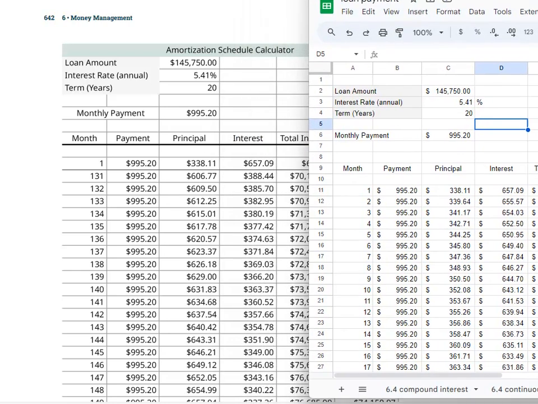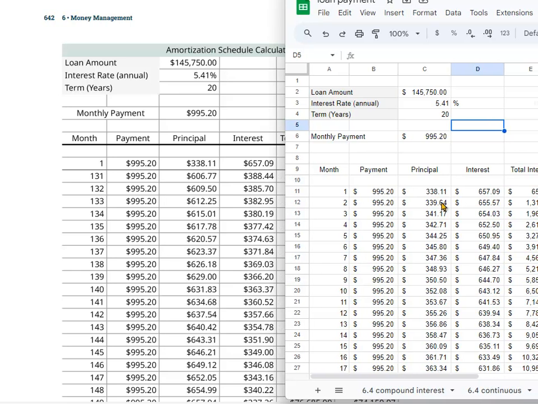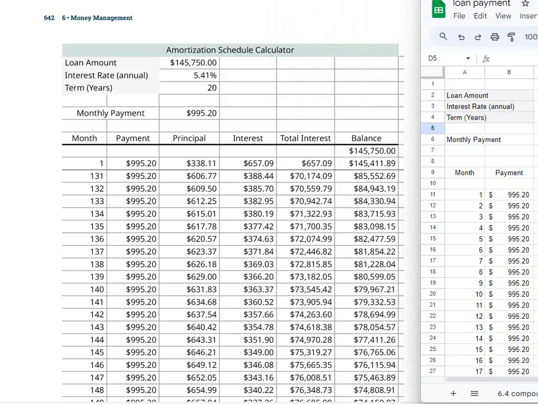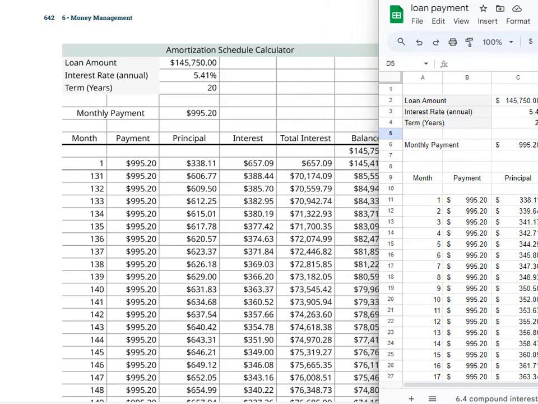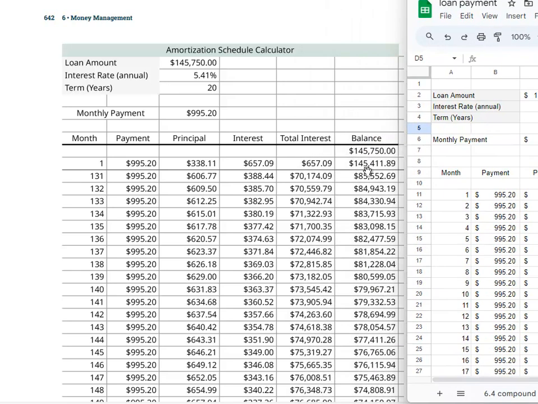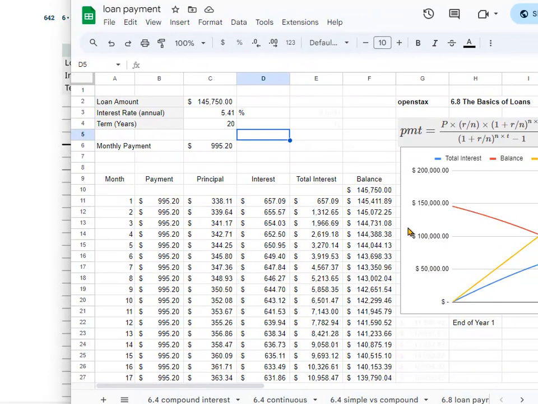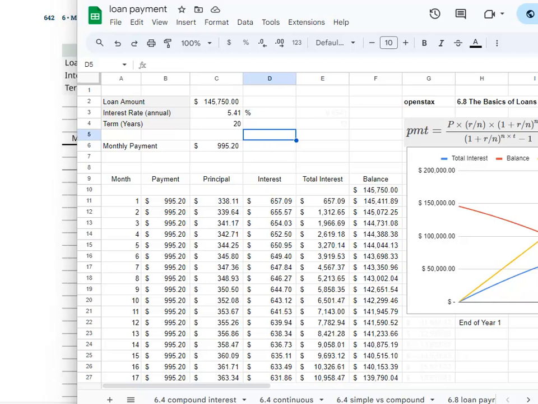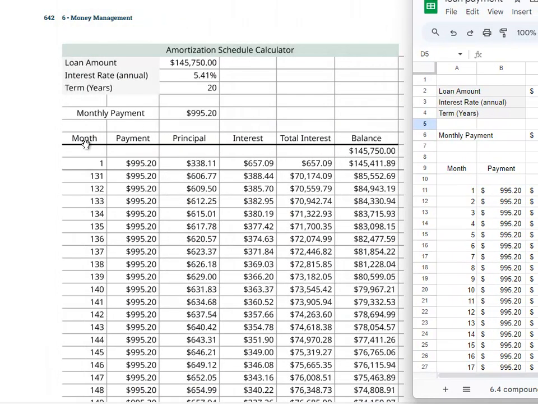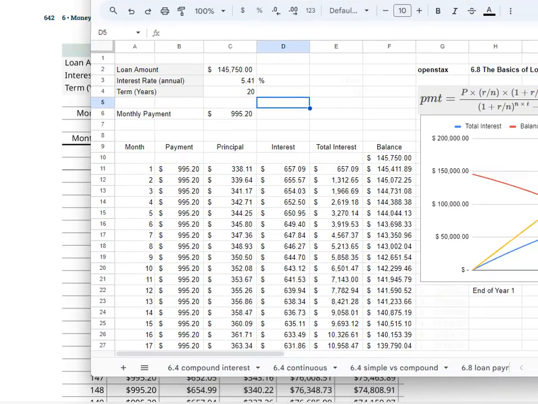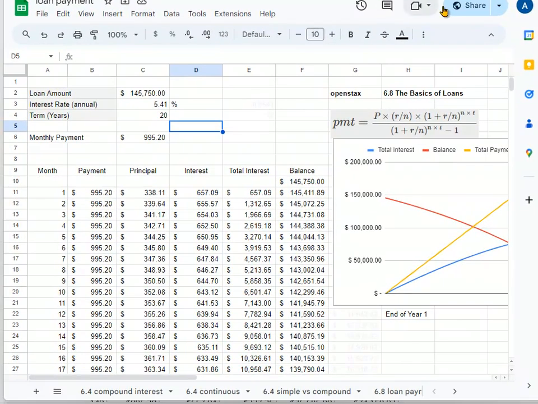Notice that the first row here is identical, and I know this could be shifted off a little bit, right? So here, for example, you see the $145,411.89. Same thing here, $145,411.89. Or, for example, after the 131st month, which is 10 years, or in the 11th year, $85,552.69. So on my Google Sheet, when I scroll down here,